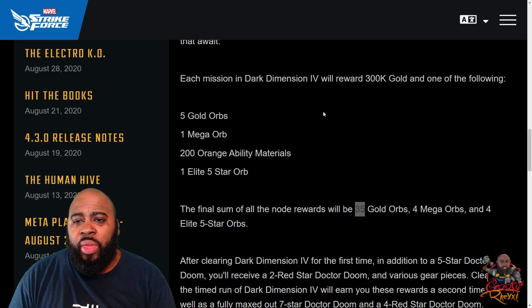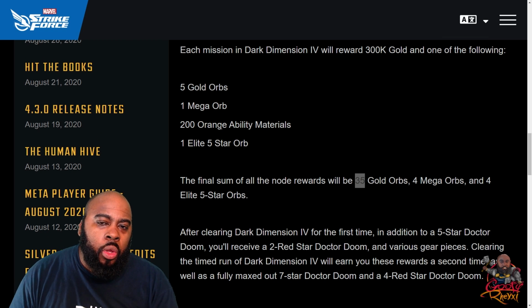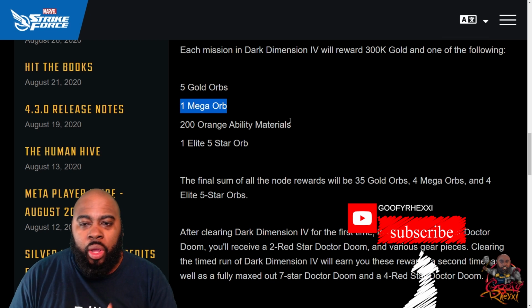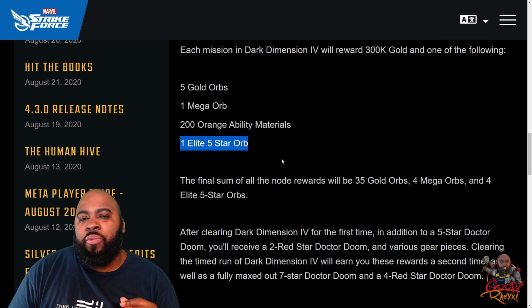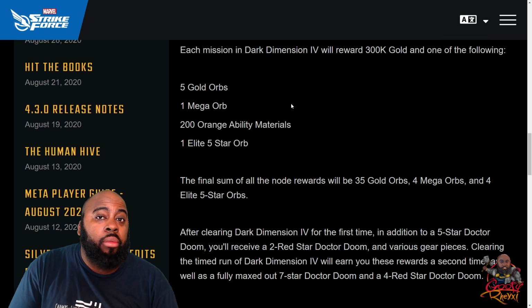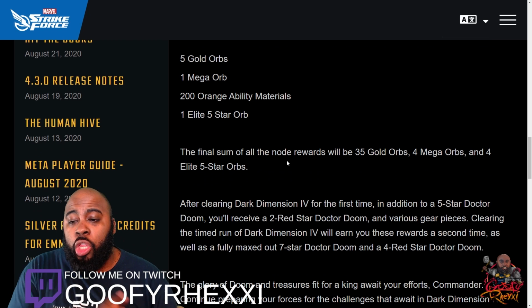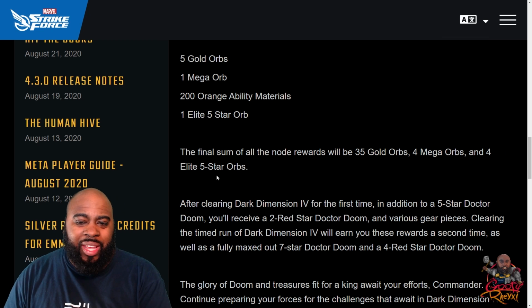So if we do the math here, in each Dark Dimension 4, you're going to be getting 300k per mission that you complete, and then an additional reward, which could be either 5 gold orbs, 1 mega orb, 200 orange ability materials, and then 1 elite 5-star orb, which is cool. I'm glad that they're giving these rewards. I just don't like the amount that they're giving for these rewards. The final sum of the node rewards is going to be 35 gold orbs, 4 mega orbs, and then 4